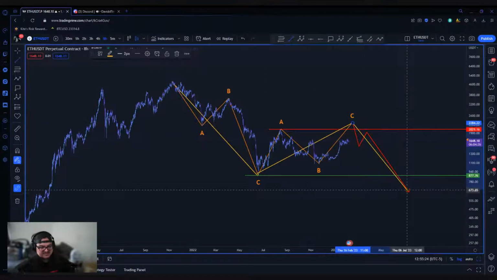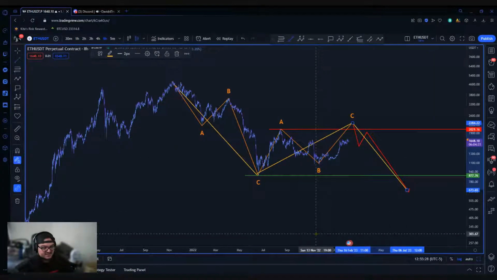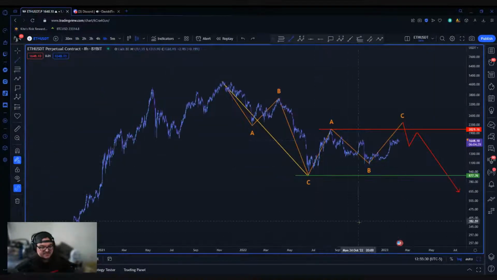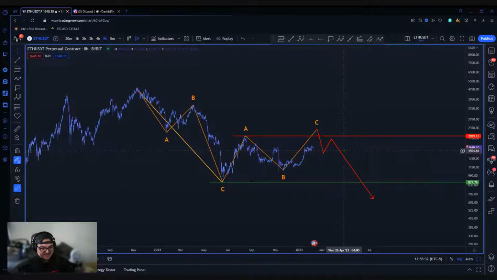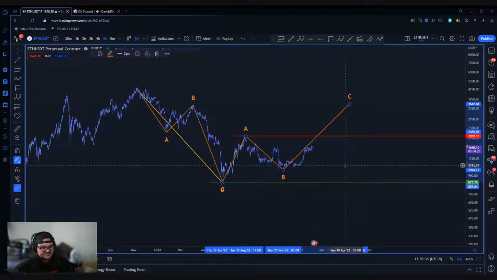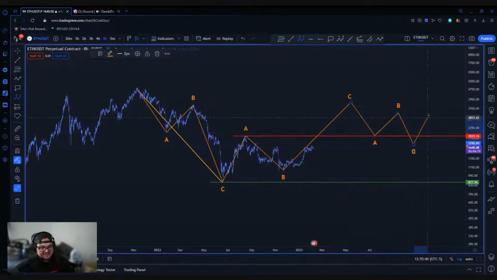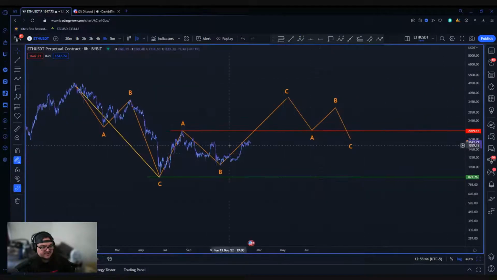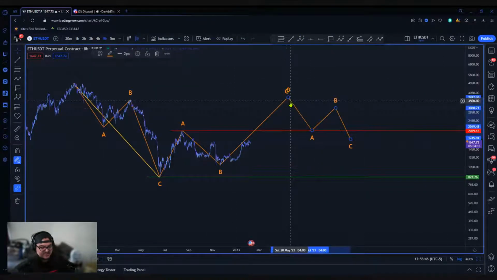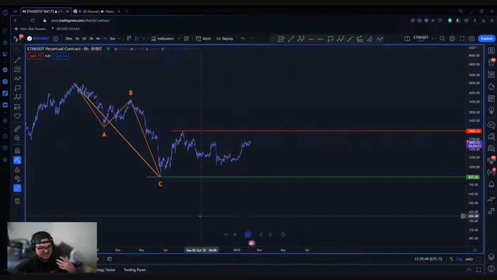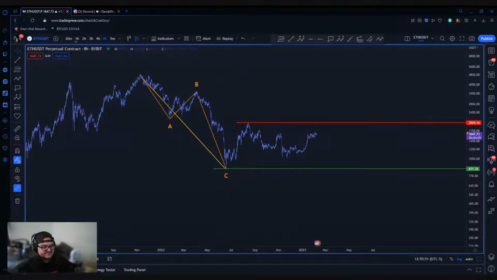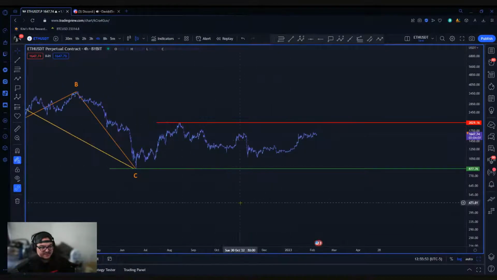Now, like I said, this doesn't necessarily have to happen. This is just one of the larger ideas I have from the macro time frame. We can easily just continue pumping and never actually put in that setup. Or we could put in a larger C wave, maybe come back, do some sort of pullback like this, and then continue higher. Absolutely in the cards as well. It really depends on how this plays out. There's a lot of different varieties, and as we wait for price action to develop more, we can get a clearer answer on what it wants to do.